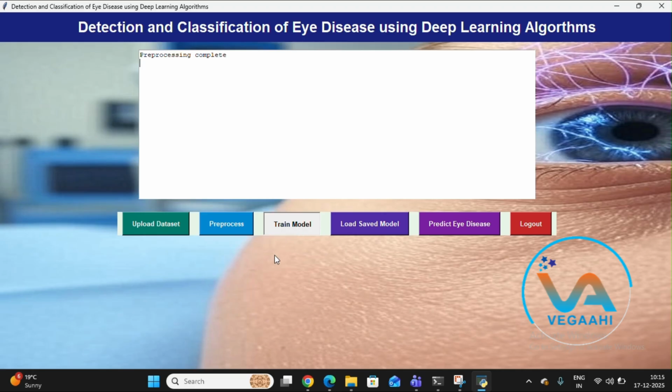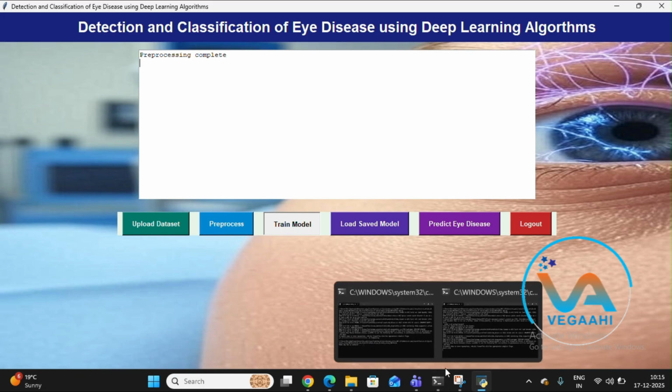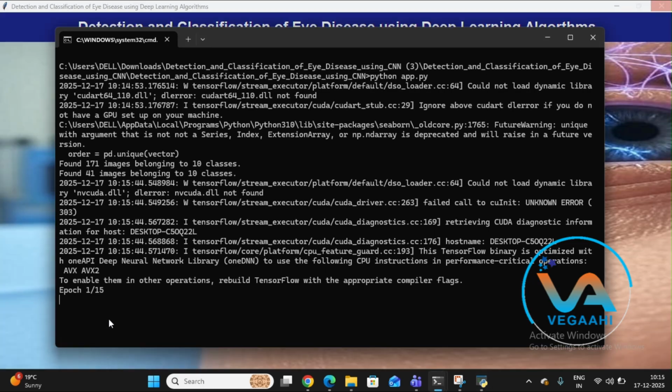When we click on the training model, it will be redirected to the training process of the neural network. In this, you can observe the word called epoch. A key concept students learn here is epoch. An epoch represents one complete pass of the dataset through the neural network. By training the model over multiple epochs, the student clearly sees how the model learns gradually, improves accuracy and reduces errors. So this is the process of